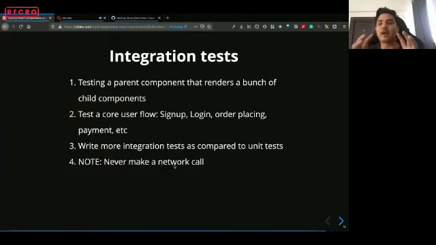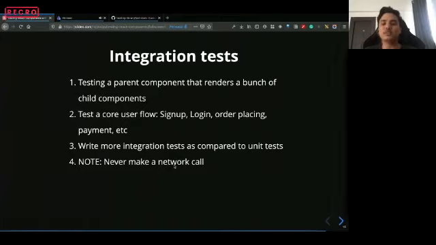One is you're writing a test case for a parent component that renders a bunch of child components inside it, and instead of testing each child component, you're actually testing the whole functionality of the parent component. The second is each integration test case actually tests a core user flow. For example, you can test a sign-up flow, or a login flow, or an order placing flow, and so on and so forth.